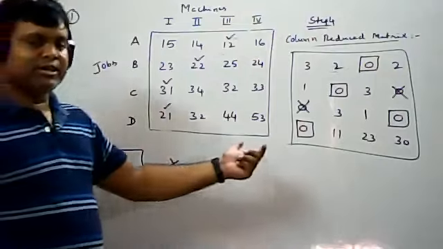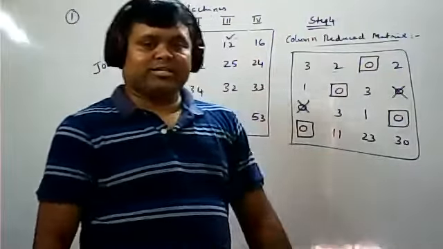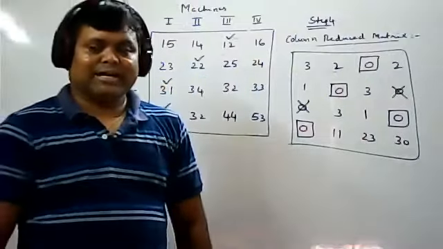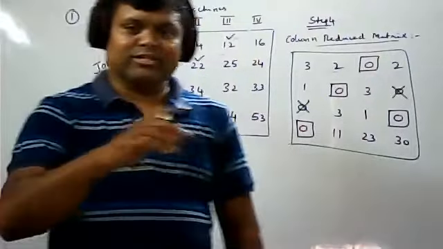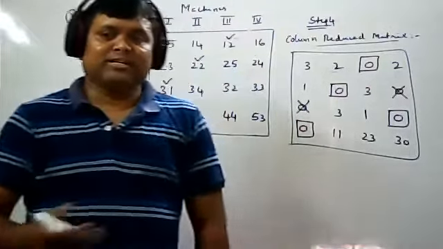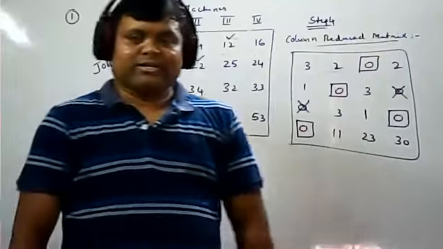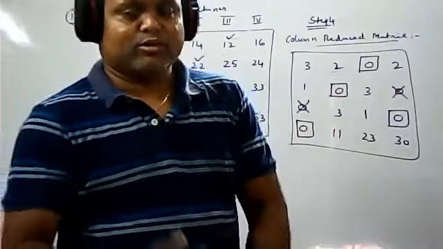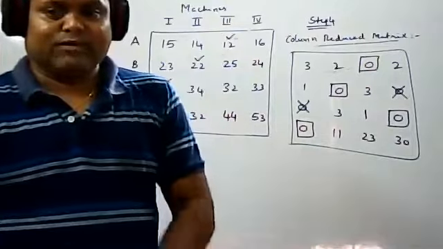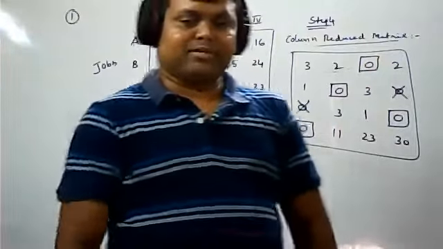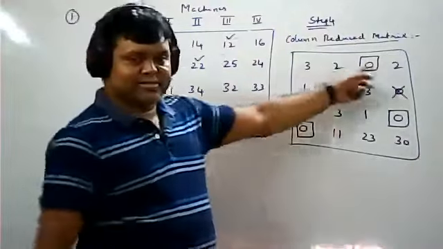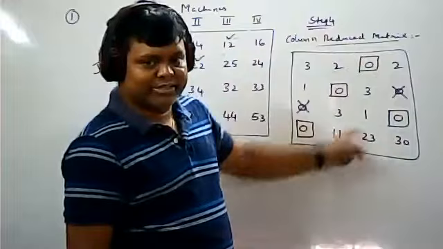That procedure is important, so I have told the procedure. What is the procedure? Identify a row with a single zero. If a single zero is found, directly make the assignment. Any other zeros in the row side or column side should be crossed off. You have to repeat the procedure until all the zeros are covered. If a single zero is not available, then go for 2 zeros. If 2 zeros are not available, you can go for 3 zeros. If no zero is available, you can stop the process. That is about step number 5, and step number 5 is included in step 4 only.